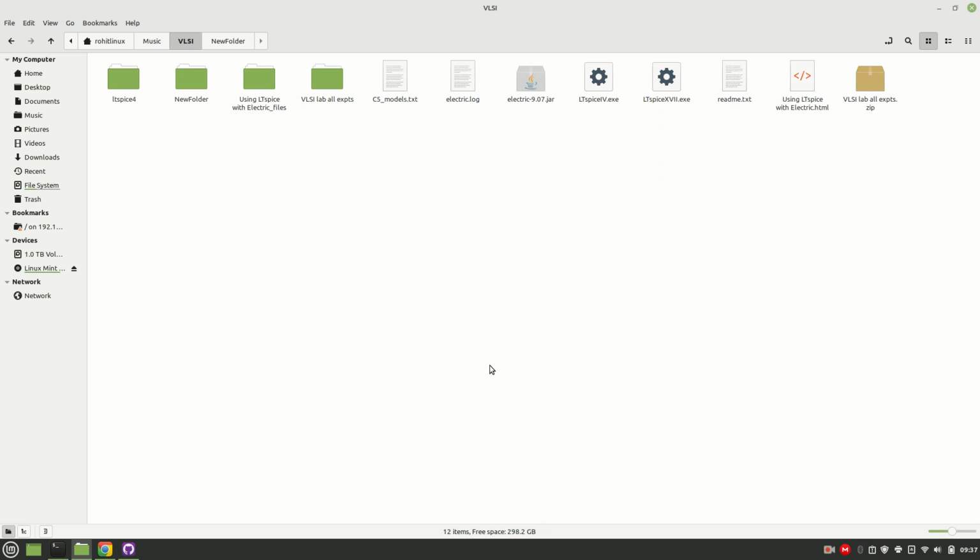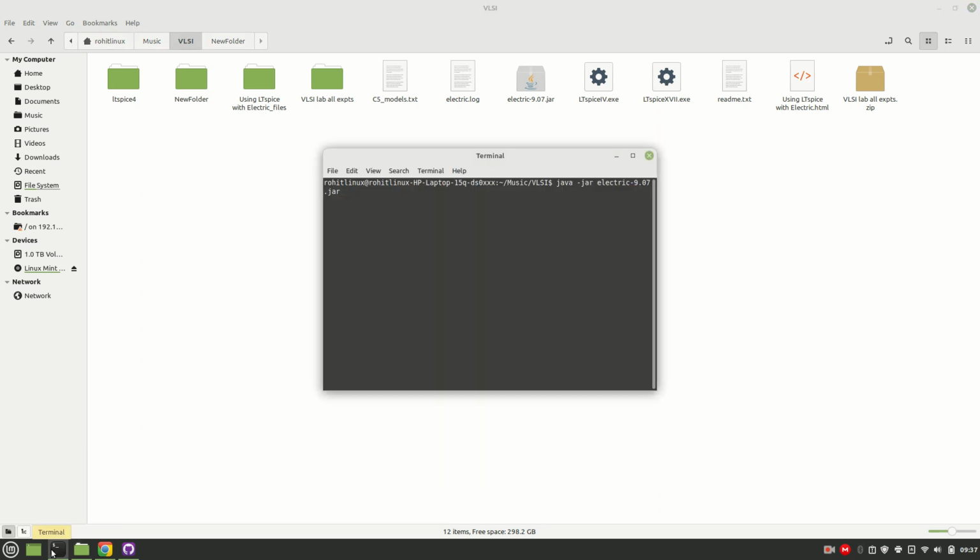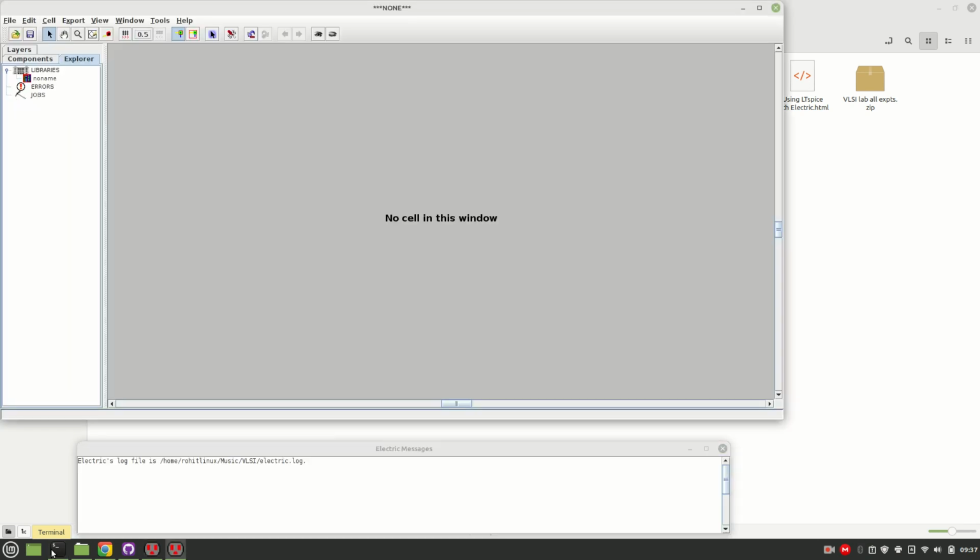VLSI lab. So now let's see how to do the schematic of a common source amplifier. Here we are going to use the single stage common source amplifier. For that, first let's open the Java jar, electric 9.07 jar. This is the tool we are going to use to design the